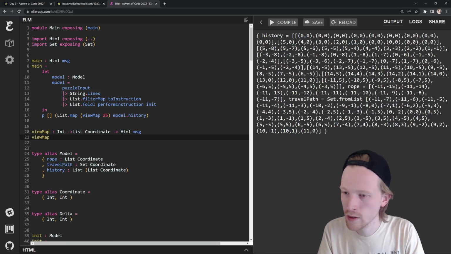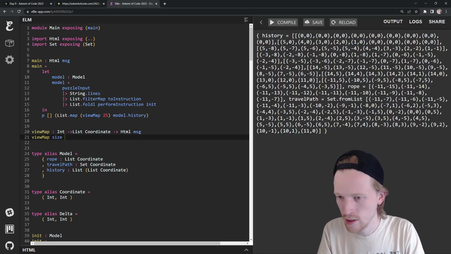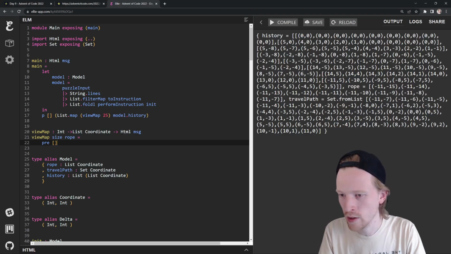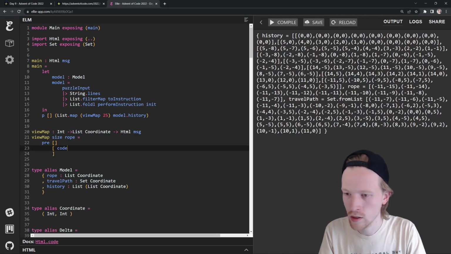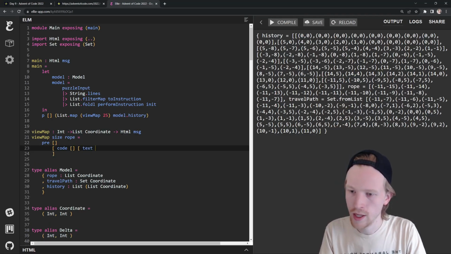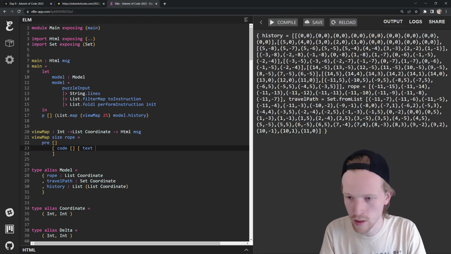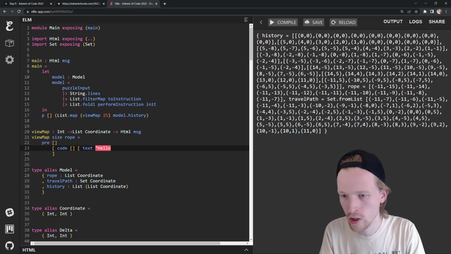So a map is going to have a size. It's going to have the rope at the time, which is just a list of coordinates. And what we're going to do is print out a pre with some code. And the text here is going to be that crazy string that we made, right? So this is going to be the string. So if I said hello, you're going to see,